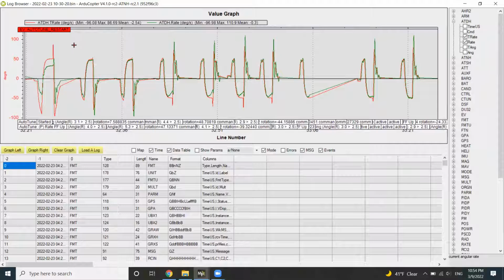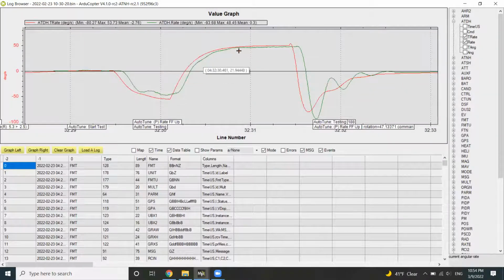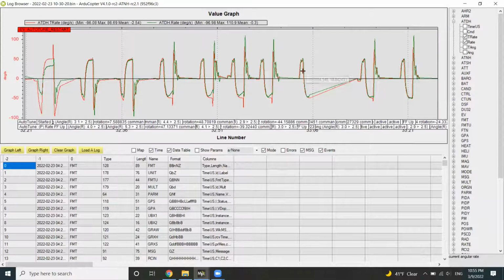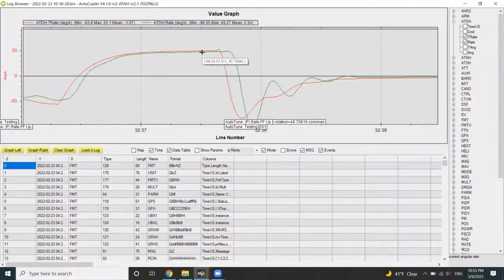And then you can see it did a much better job here. You can see it nearly matched the rate of the response, or the actual nearly matches the desired. And so it must not have been good enough, because what it does is use the rates at the end to calculate how close it is, and it tries to get them within 5% of each other. So in this case, it changed the gain a little bit and redid the maneuver to then do the second one here. And at this point, it considered that close enough, within 5%, and then it does it in the